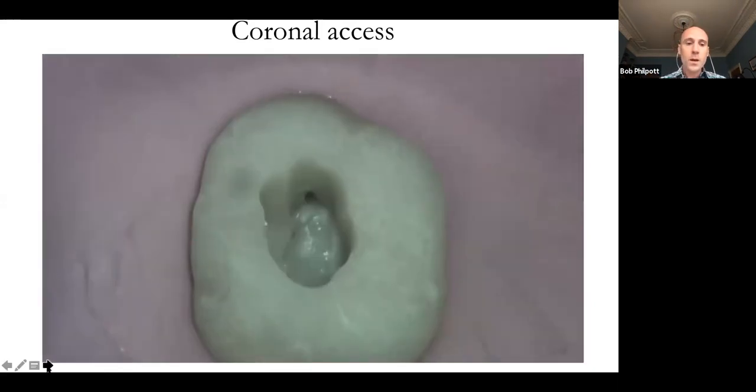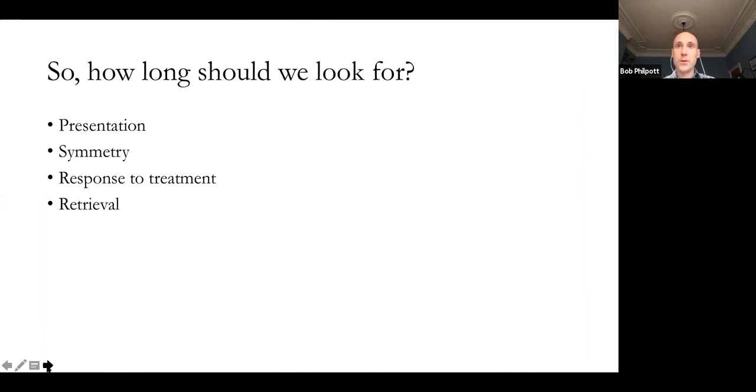Now, the other thing you need to consider is, and this was the question that came in for me, how long do you look for it? Because these are the things that matter in practice. I don't put a set amount of minutes or anything on it. But what I would say is, and someone asked about the air from the 3-in-1, I definitely don't do that clinically. That was just for the purposes of the video,